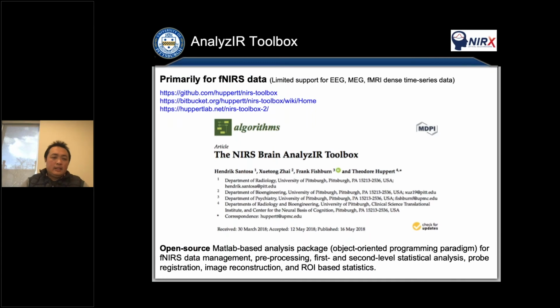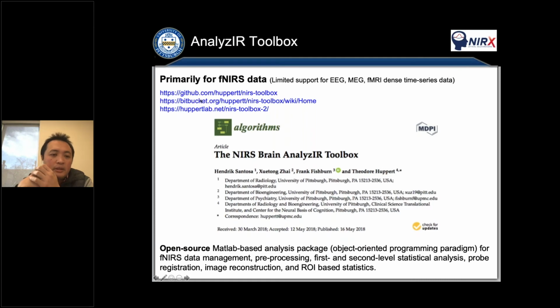So this is the toolbox. Right now I'm going to show how to use the NIRS toolbox for the short separation channels. You can read this paper if you want to know the details of this toolbox, and you can also download the scripts from here.